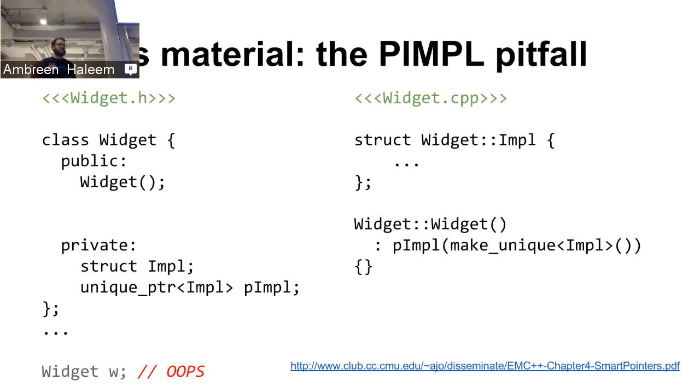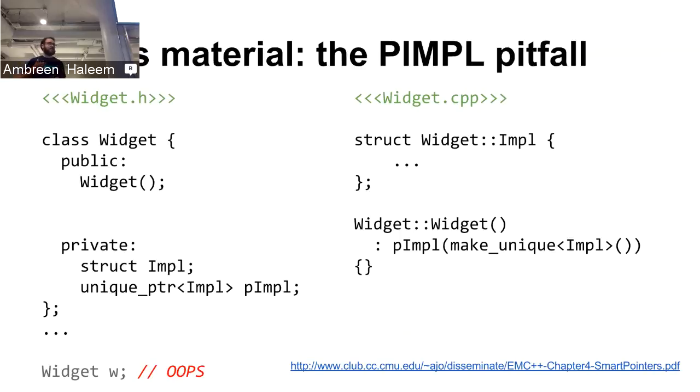I get the move constructor for free, right? It just does the right thing. So I try to implement it like this, and I get an oops on the line marked oops. It doesn't compile. And the reason that it doesn't compile is while I'm trying to construct a widget, and that works fine, but also, implicitly, when I construct it, at the end of the scope I'm going to try to destruct it. When I try to go and destruct a widget,